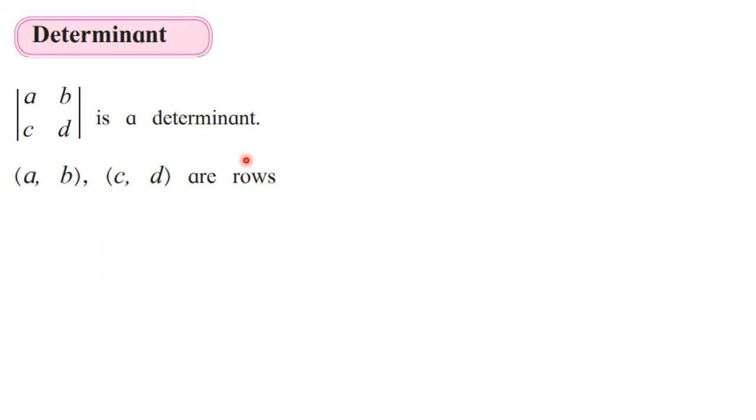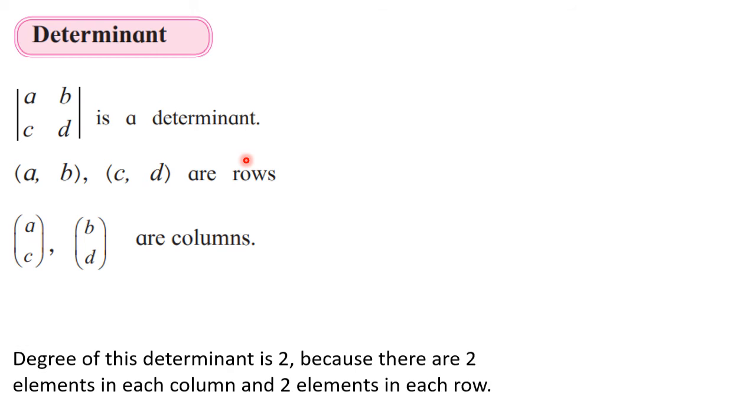But before understanding Cramer's rule, we have to understand the meaning of determinants. The Cramer's rule is also known as the determinant method to solve the simultaneous equations, correct? So what are determinants that we need to understand? See, if we have four numbers A, B, C and D, and if we represent them like this within these two vertical lines, then it is called what? Determinant. We have already studied this, it is just a revision. It's called a determinant of order 2 by 2.